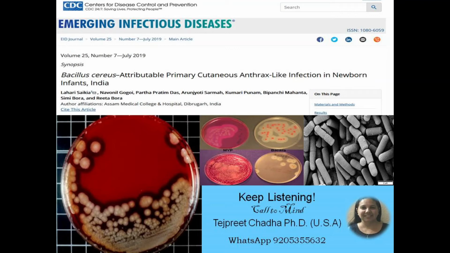Mostly Bacillus cereus gastrointestinal pathogenesis is considered to be mainly due to the production of toxins, while the virulence factors associated with clinical non-gastrointestinal diseases are unknown, although hemolysin 2 has been shown to allow Bacillus cereus to counteract the host immune system. This is again coming from a study.